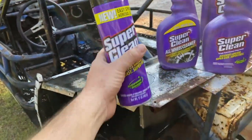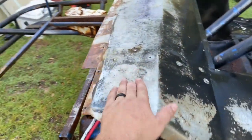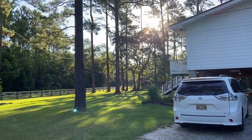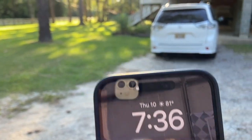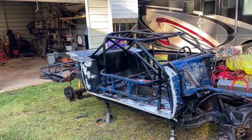Like I said, it is amazing. You can see how good of a job it just did on this car. Been sitting forever and it is spotless now. So I'm gonna let this thing sit here and bake in the sun. We had a beautiful sunrise this morning, so I am very thankful to be able to see that. Now you can see it is 7:36 in the morning. So I'm gonna let this thing sit and dry out in the sun, and then the next step